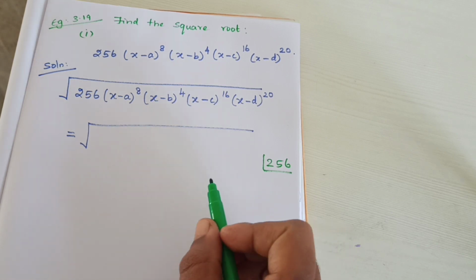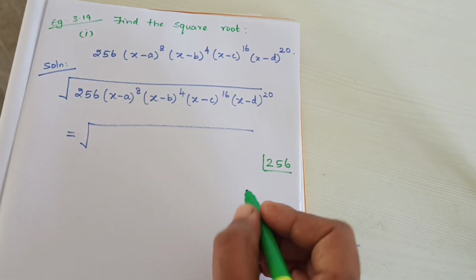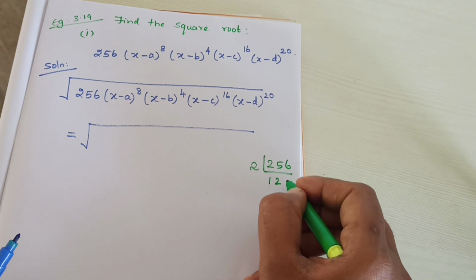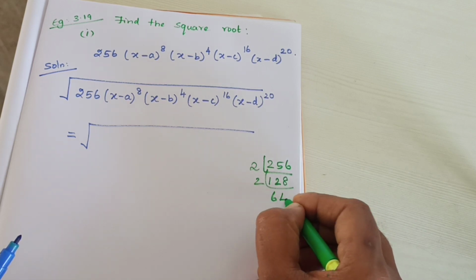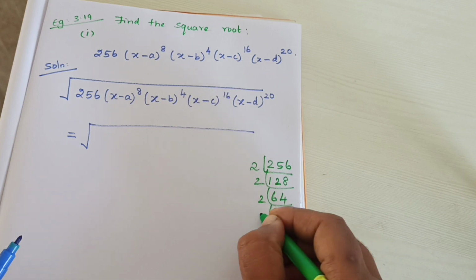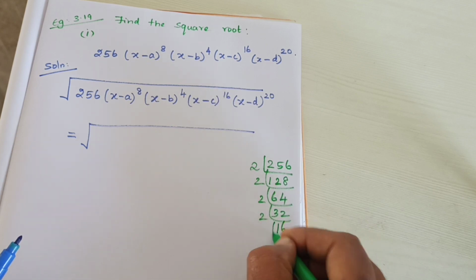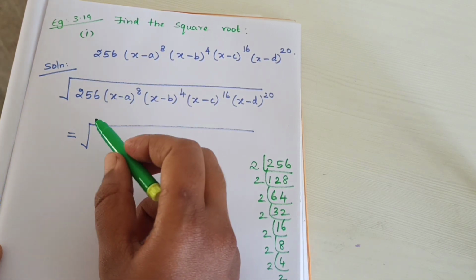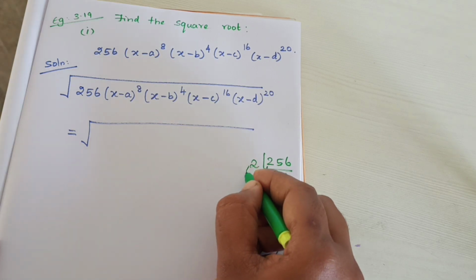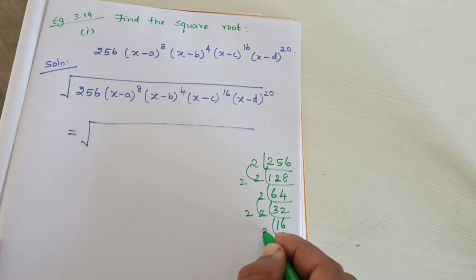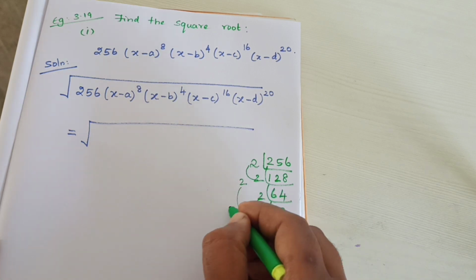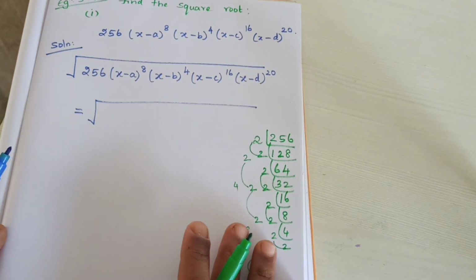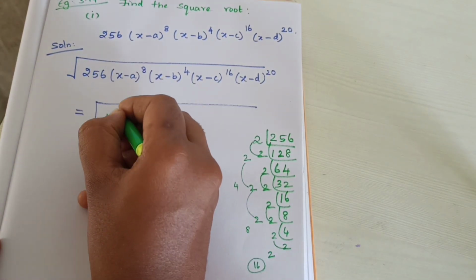You can easily write. Suppose sometimes if you are having doubt, the method is factorizing 256: 2 times 128, again 2 times 64, again 2 times 32, again 2 times 16, again 2 times 8, again 2 times 4, again 2 times 2. Here since it is a square root, we need to take two terms at once. For these 2s, you need to take one pair at a time. 2 2s are 4, 4 2s are 8, 8 2s are 16. So, 16 is the answer. This way also you can find. So, this is 16 square.